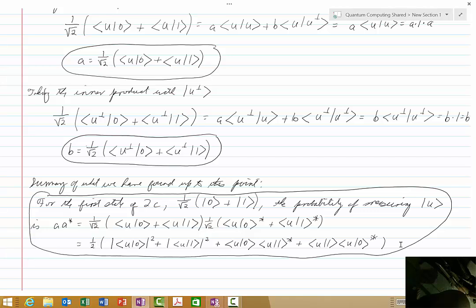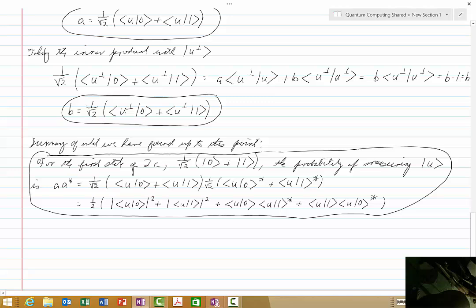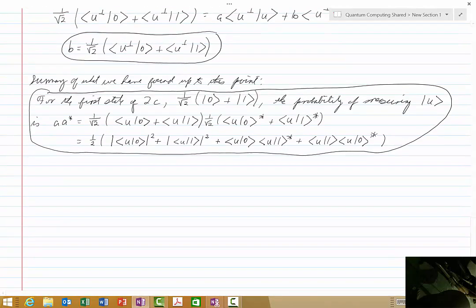So the two probabilities have to add to 1, and therefore there really isn't a lot of point in going ahead and computing that second probability. So this is the probability of measuring u for the first state, and now we ask,